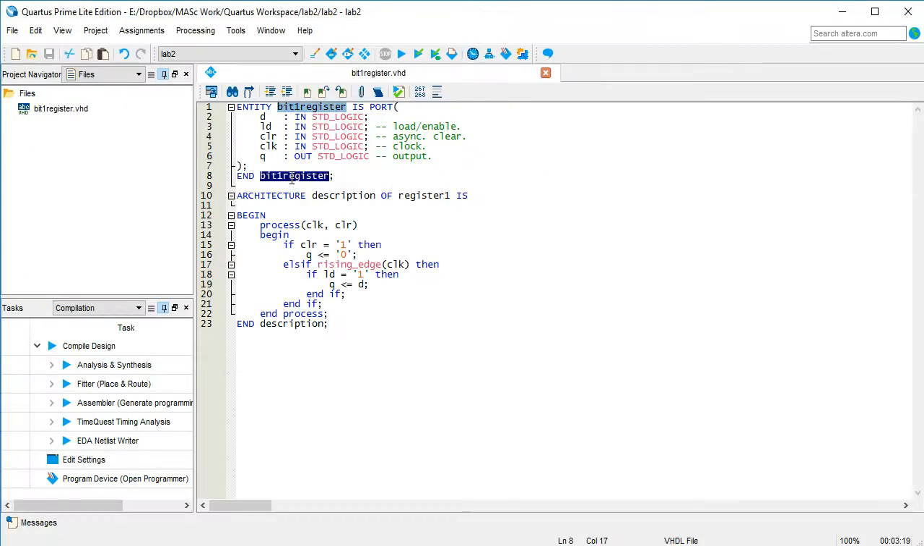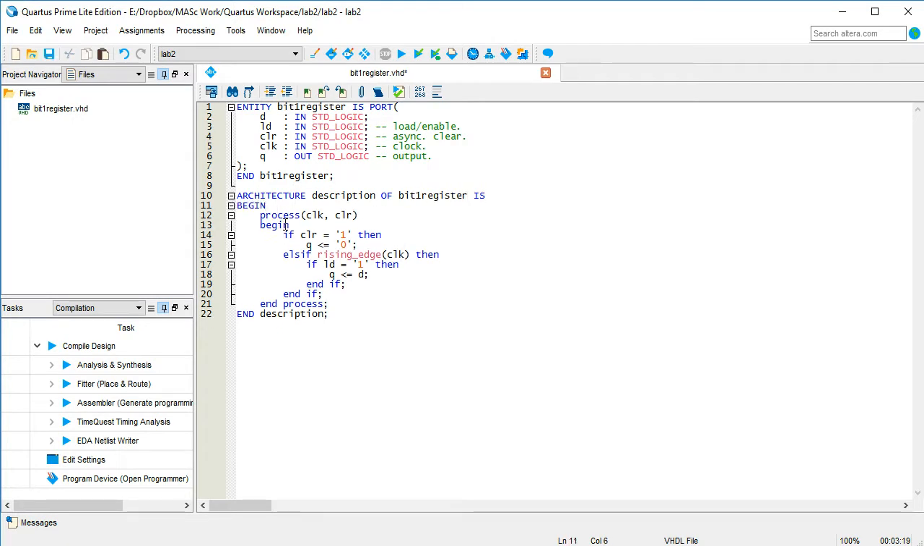So the architecture description of bit 1 register is begin, and then it depends on clock and clear. If clear is 1, our output Q is 0, and if it is a rising edge of clock, then you check whether the load is 1. If the load is 1, then you load the data into Q. So this is simple enough,